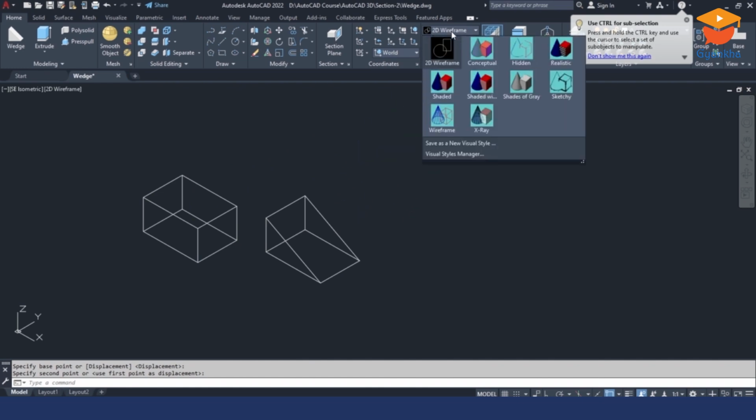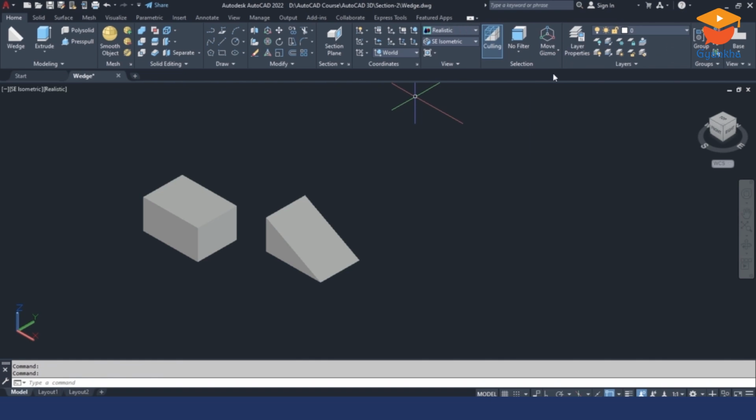Go to realistic. You can see these shapes are called wedges. I go to wedge again and click the first point. You can make